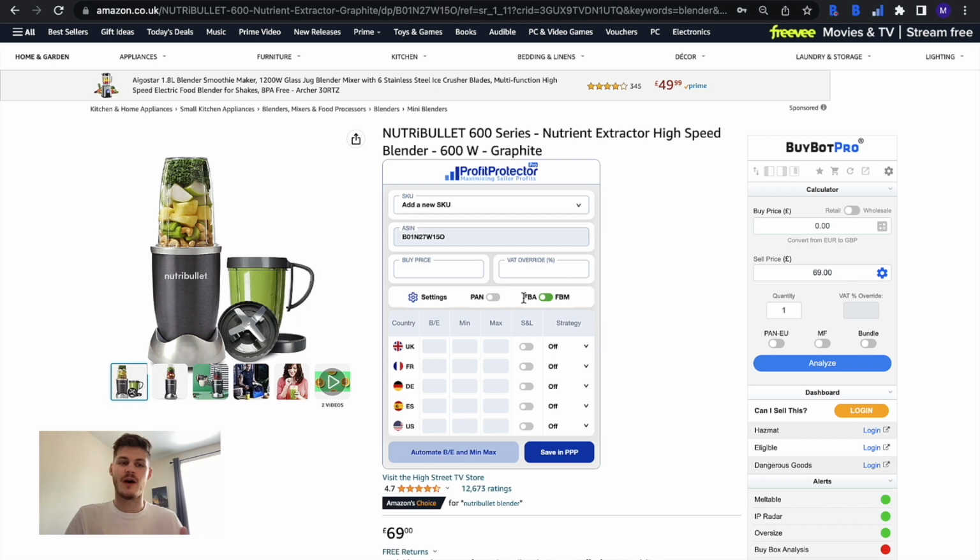If you are using EFN or PAN, you can toggle that on here, so that way you can take that into account. If you need to review your Profit Protector Pro settings, there is a link to that here. Otherwise, you can just go ahead and enter in the break-even, minimum and maximum prices in these boxes here. So let's say our buy price for this was 23. Our break-even is 29. Our minimum is going to be 32. Our maximum will be